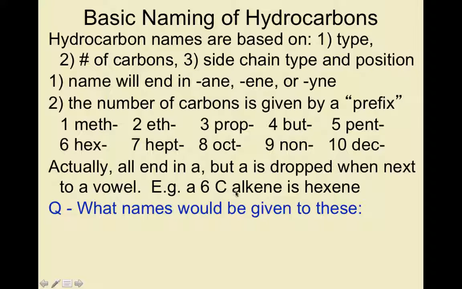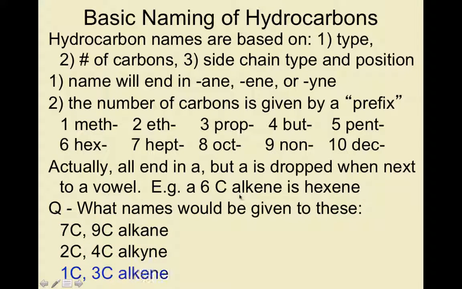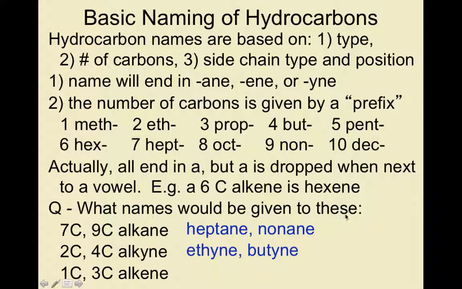So here's a question: what names would be given to each of these? Here we have a 7-carbon alkane would be heptane, and a 9-carbon alkane would be nonane. A 2-carbon alkyne would be ethyne, and a 4-carbon alkyne would be butyne. A 1-carbon alkene and a 3-carbon alkene. If we use the same patterns, you'll see that 1 is meth, but this is designed to trick you